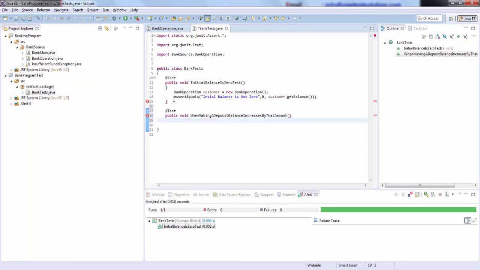Okay, and what I will do here is create an object of the bank operation class. Let's say customer is equal to new bank operation,